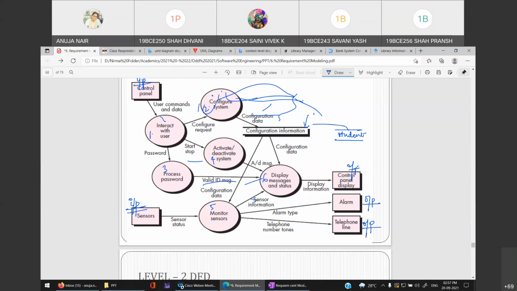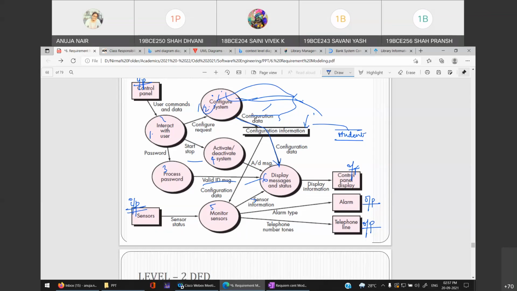Why? Because it is still an input. This is still an input to which process? This process. So you do not have to change anything here. It is just coming inside a data store in order to store the data. That's what you are showing. The flow of your system.